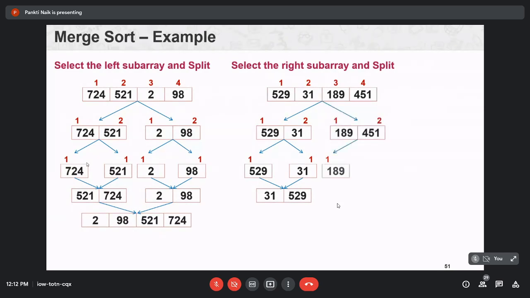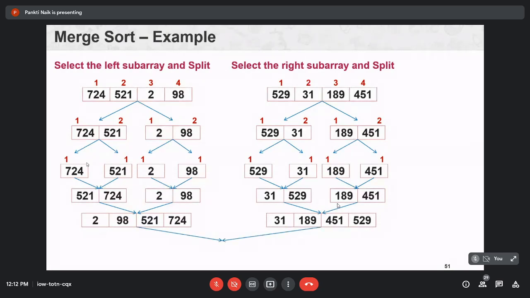Same for the other partition. Then combine these sub problem solutions into a unique sorted group. And at the end, combine all these sub solutions into a sorted group.